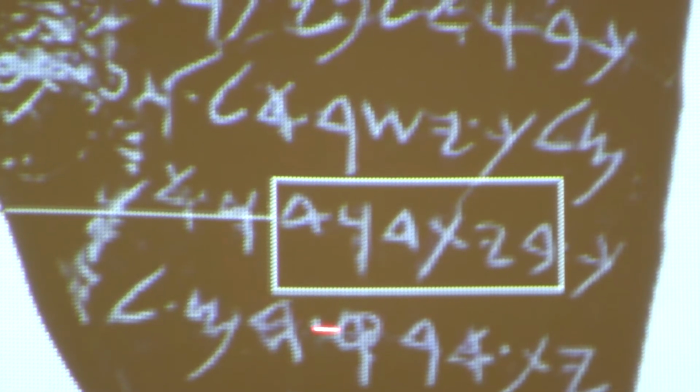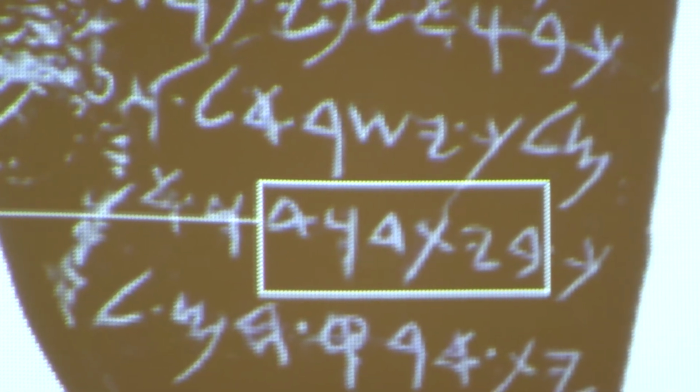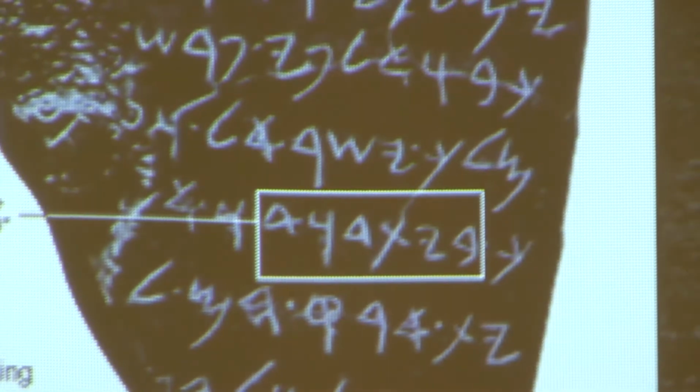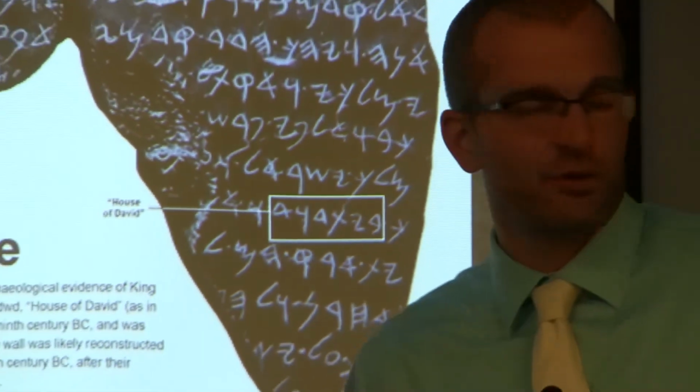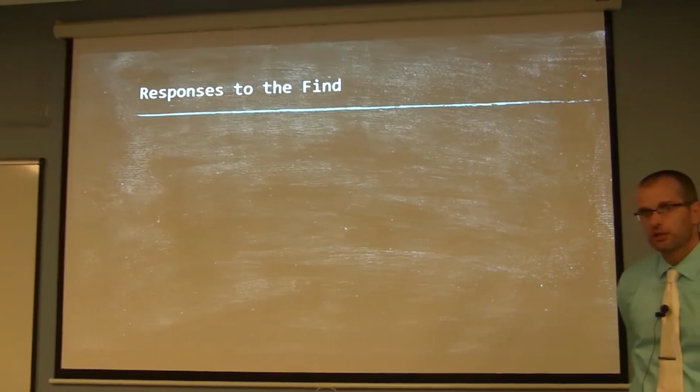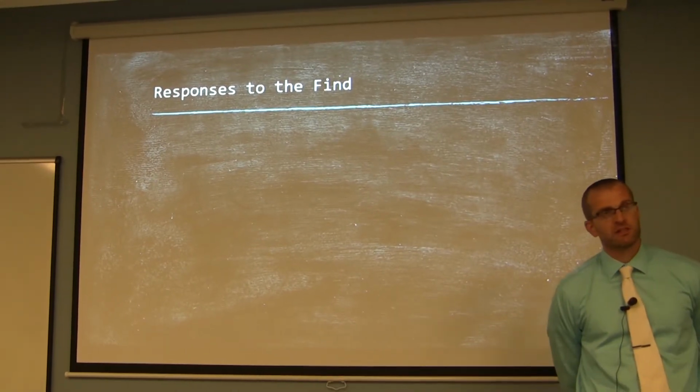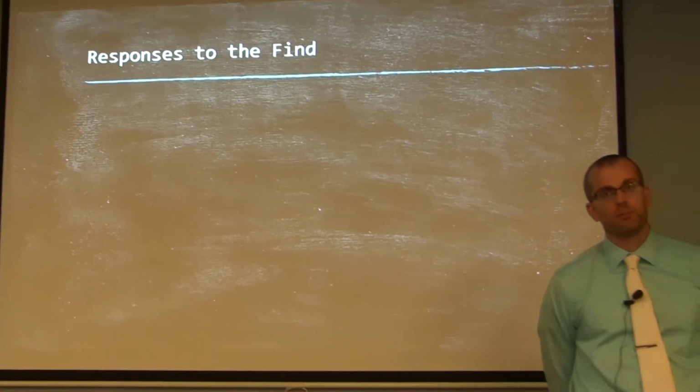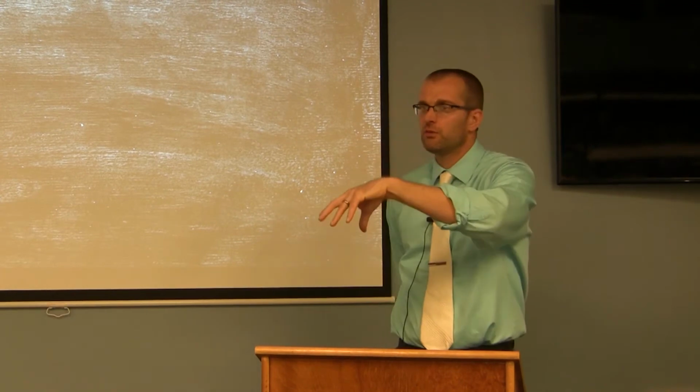So that phrase right there is actually a construct chain, but that's what we are looking at. That is the first time David was mentioned outside of the Bible. So naturally, whenever you have somebody that is as widely influential upon the content of the Old Testament, somebody as important as, say, Moses, Joshua, David, anybody like that, when you start seeing their names mentioned outside Scripture, you are going to have every Tom, Dick, and Harry register an opinion on it.